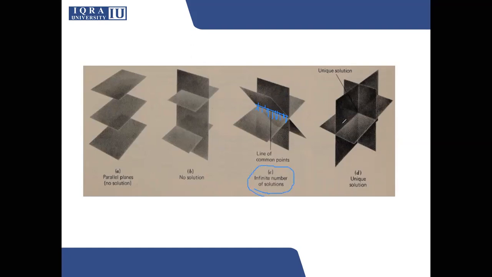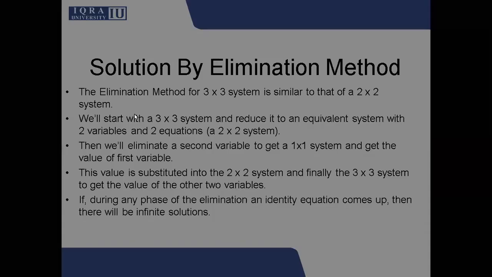And in a unique solution, what happens? This point right here will be the unique solution. A very common example of a unique solution is the point where two walls of your room and the roof of your room intersect. The four corners of any room at the top are basically cases of unique solution, like two walls intersecting with the roof. That is a case of unique solution. So this was trying to understand planes in the graphical method.